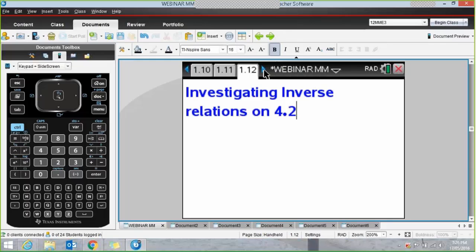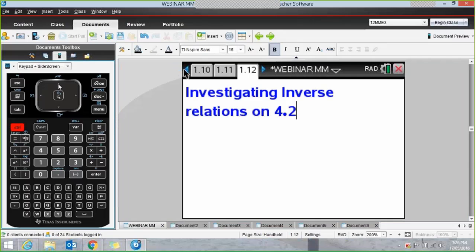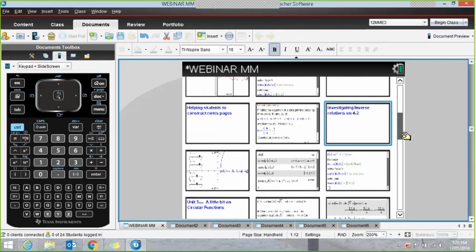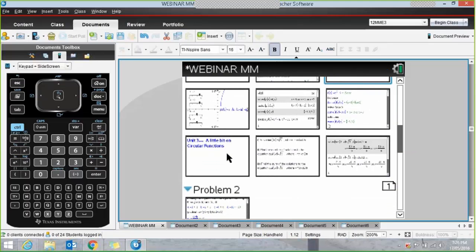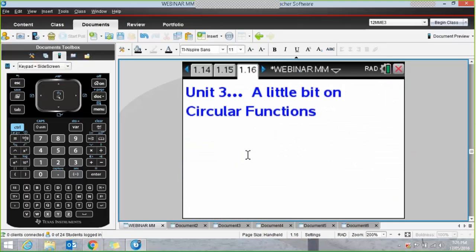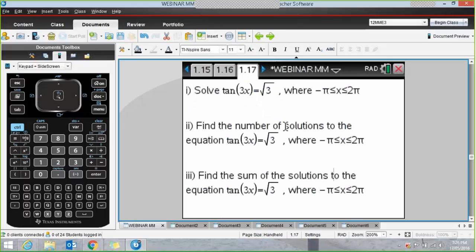Okay, we're going to skip now to, I just need to go and find my document. I've got some circular function stuff that I have been doing. Obviously our Unit 3 kids should have done circular functions recently, and we see that quite often we'll get questions like these two here, where we're finding the number of solutions to this equation or the sum of the solutions